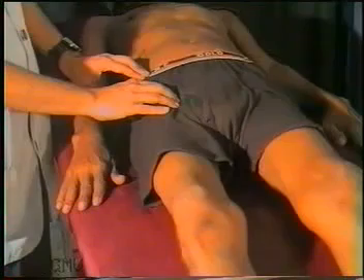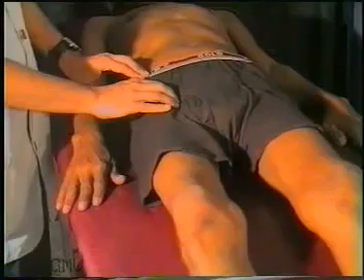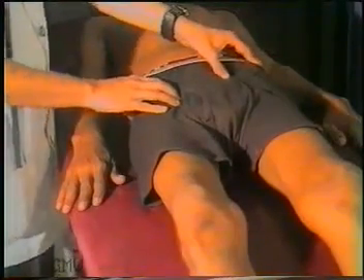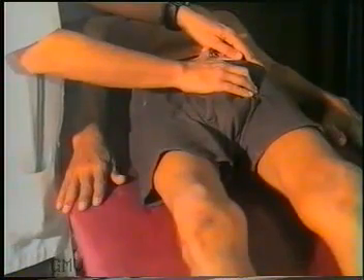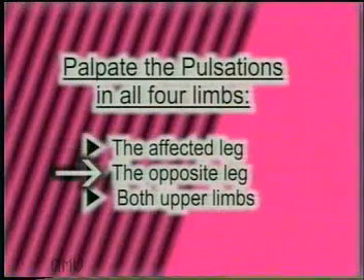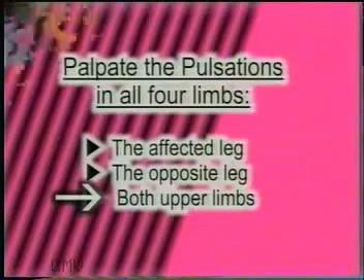For the femoral artery, with the patient lying supine, keep the leg slightly abducted and externally rotated to relax the deep fascia and palpate in the line of mid-inguinal point just below the inguinal ligament. Femoral artery is felt against the head of femur. Then palpate the abdominal aorta to the left of the midline in epigastric and umbilical areas against the spine. Now palpate the pulsations in the opposite limb and then pulsations in the upper limbs from periphery to the neck.